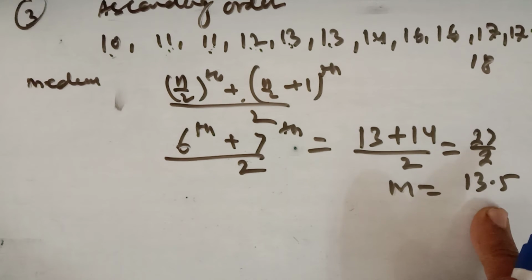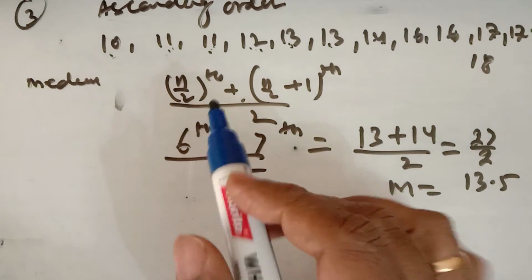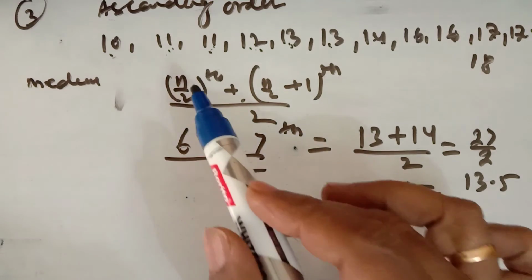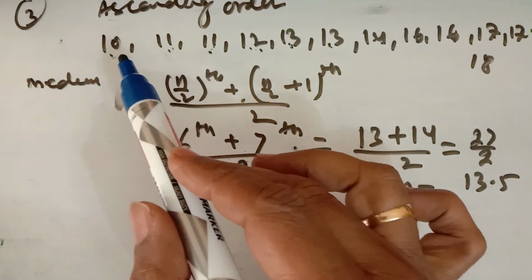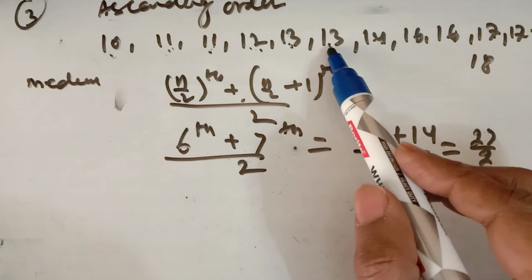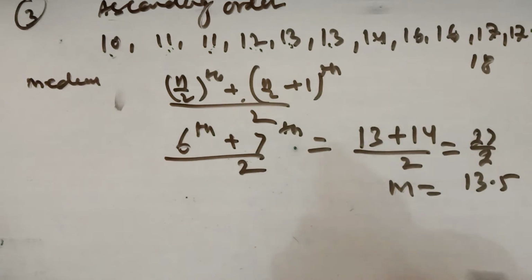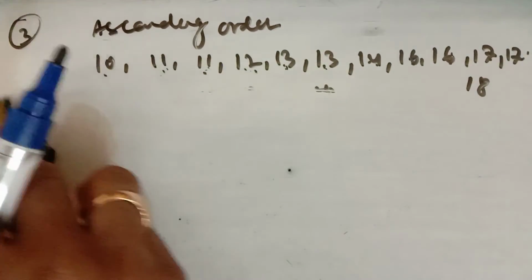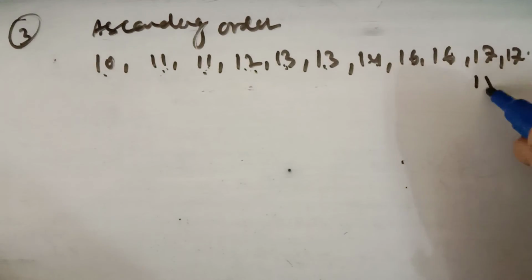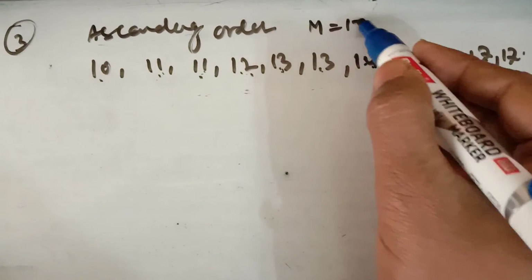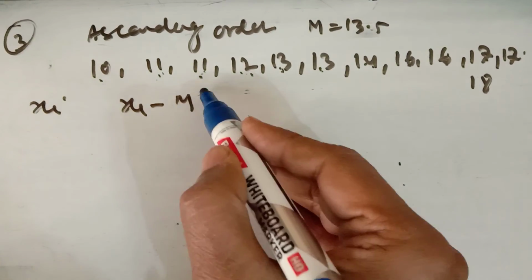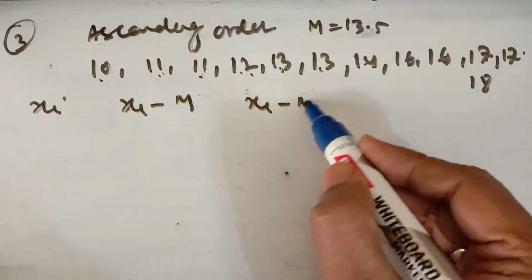For ungrouped data containing an even number of terms, the median is the (n by 2)th plus the (n by 2 plus 1)th term divided by 2. So 6th plus 7th term divided by 2. The 6th term is 13 और 14 इसकी 6th और 7th टर्म है, तो मीडियन इसका हमारा इस तरह से you can easily find it. तो इसका मीडियन 13.5 आ रहा है, the median is 13.5 and you know how to find it. Now find, write the column here, then find the difference of this median, then find its modulus.